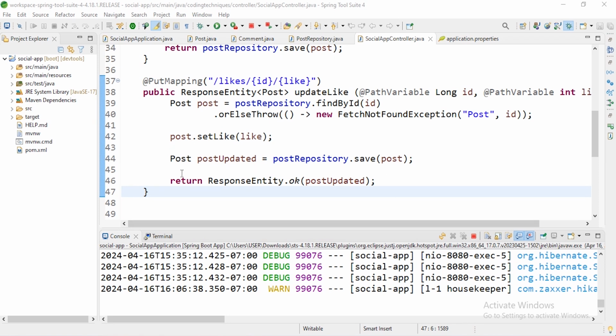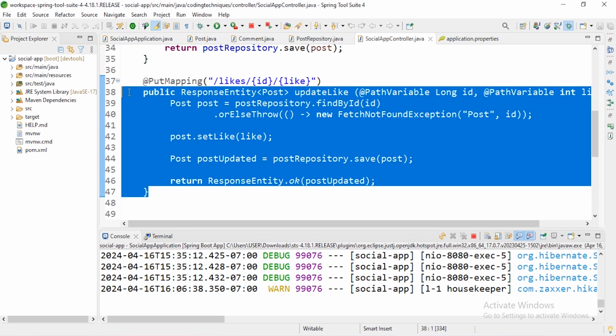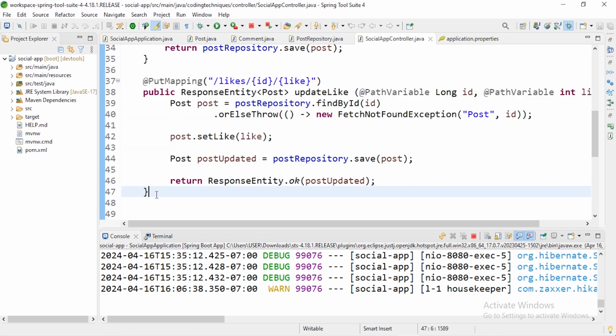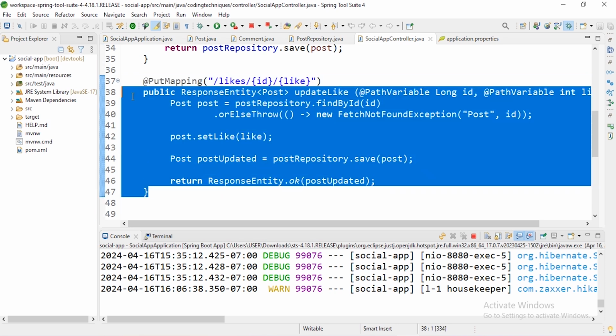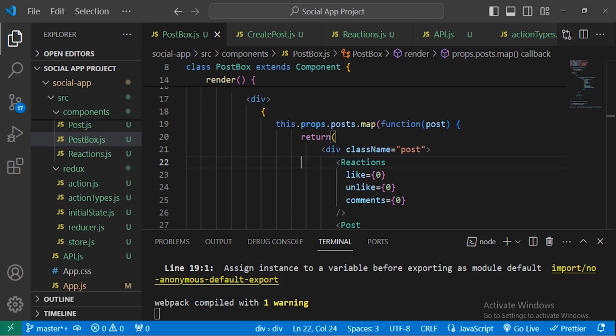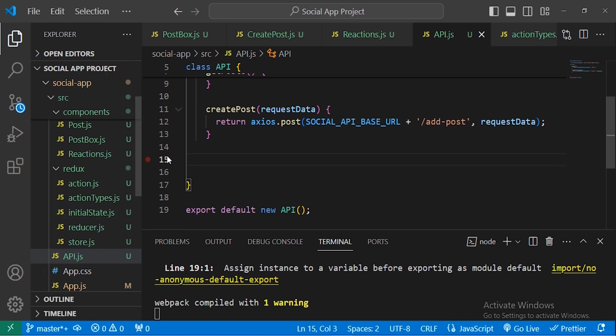In the previous video, we created a REST API for like and unlike, and in this video we will have a front-end implementation for the like, where we will make a REST API call using ReactJS and update the state in our Redux store. So here in the API inside VS Code, we will create a new function,